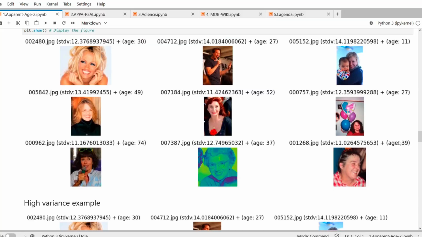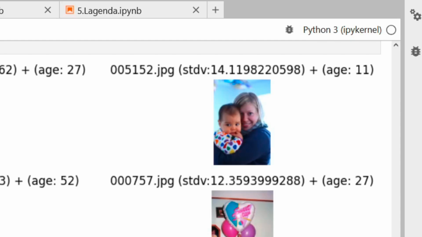Now, when I looked into variances higher than 10, I noticed one extreme example where there was an image of a mother and a child. And the variance for this one was 14. Obviously, the annotators couldn't agree whether they were aging the mother or the child. So the high variance there came from the ambiguity of who the annotators were labeling. And this showed one of the problems with relying on just the average age, and why you wouldn't necessarily want to trust the high variance score.